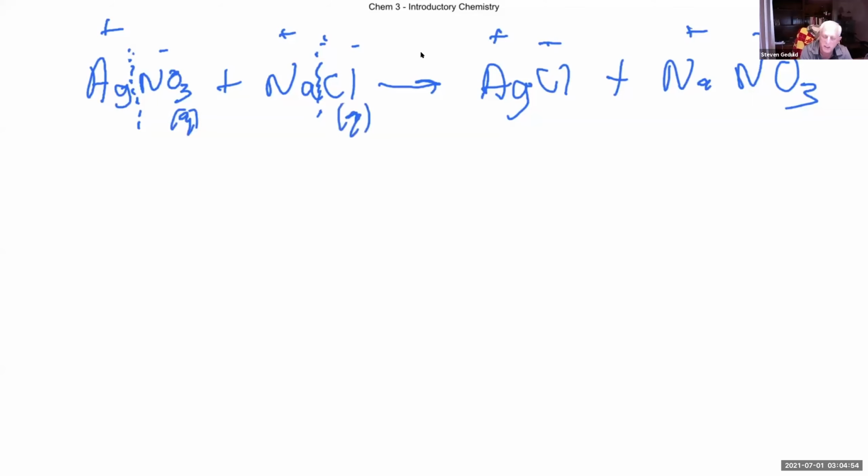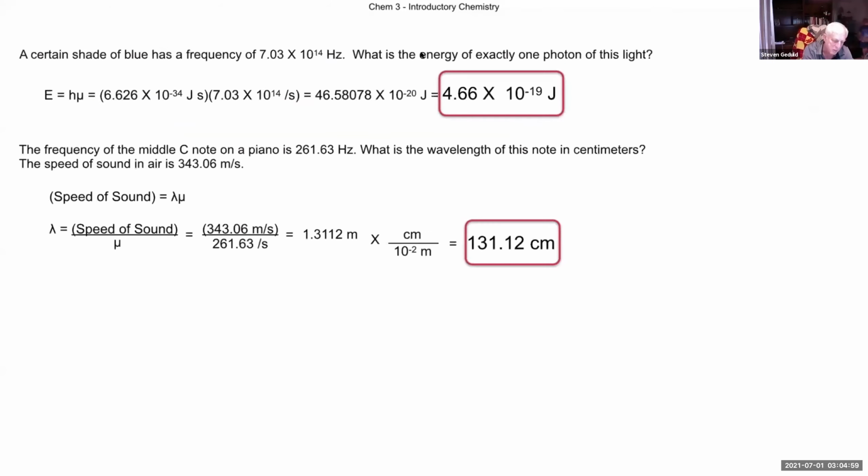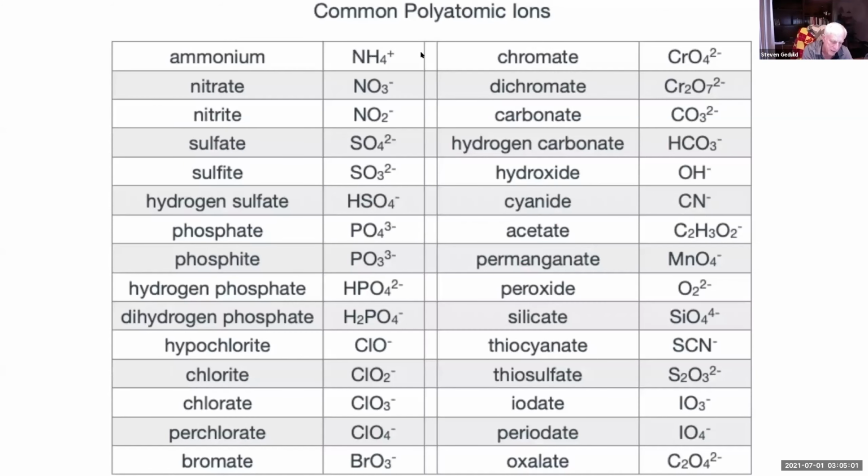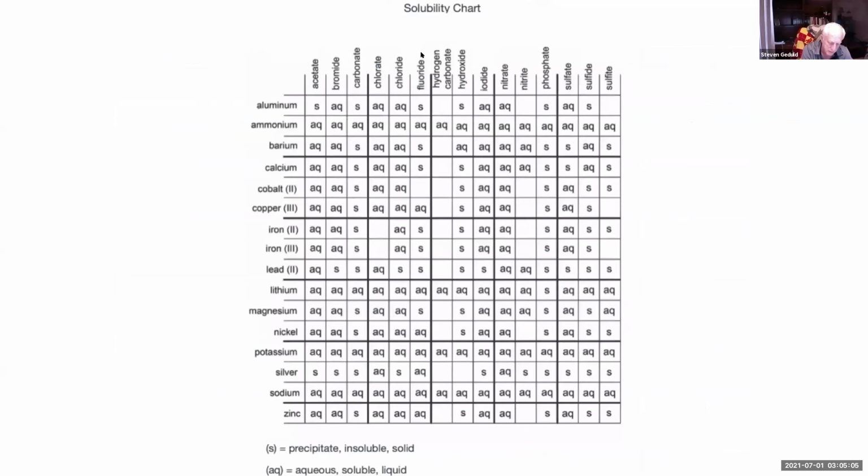Now you have to determine which is aqueous on the right side. So look at your solubility chart and look at Ag, which is silver, and then nitrate, which is NO3. This is nitrate right here. So silver nitrate is a solid. That's a precipitate. Sodium acetate, there's sodium and acetate is aqueous. So we go back to our,